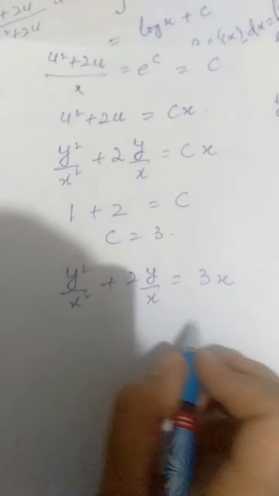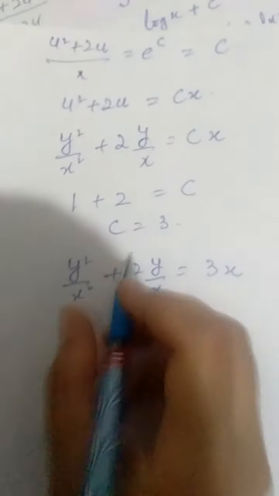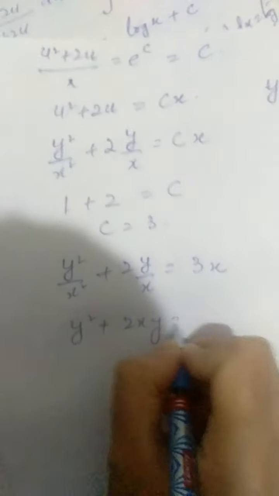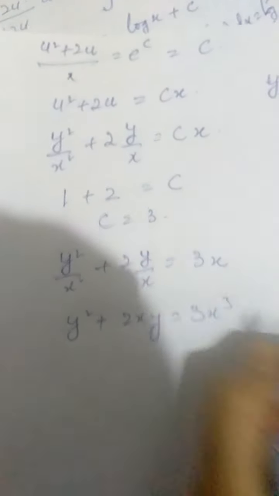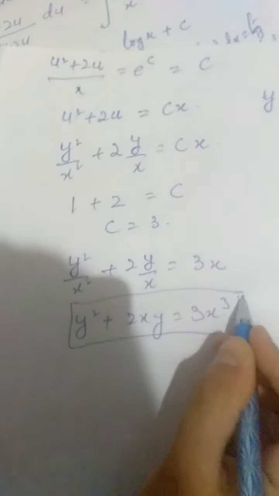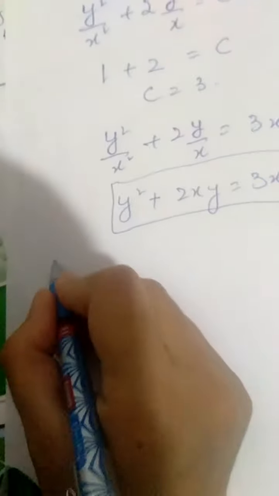Then we can choose to throughout multiply it by x square. So it is y square plus 2xy is equal to 3x cube, and that is the solution of this differential equation, right? Now we can move to second order